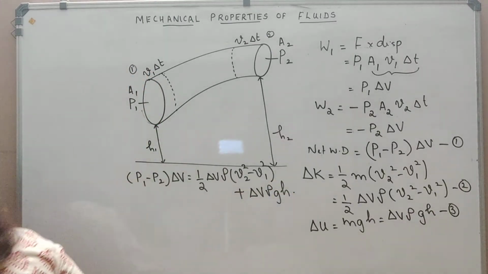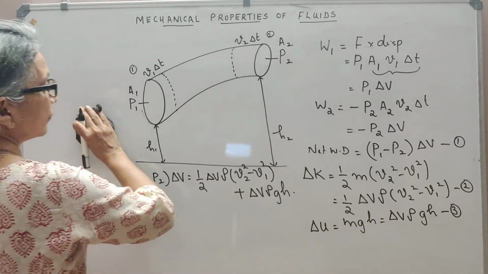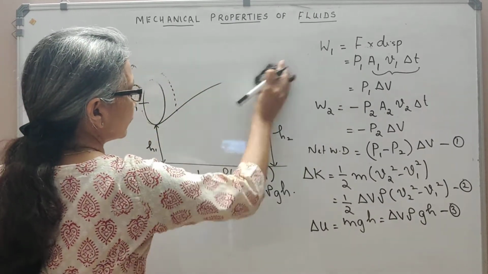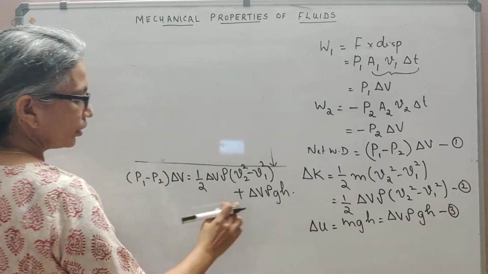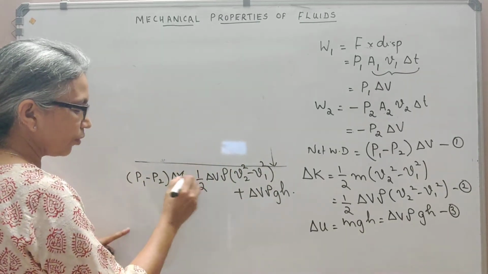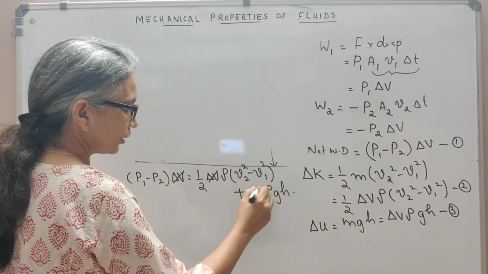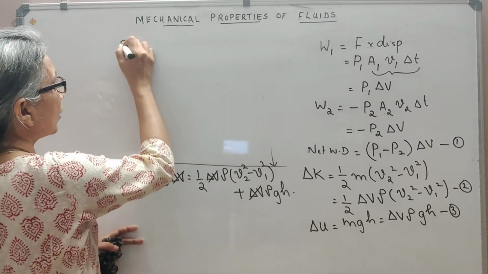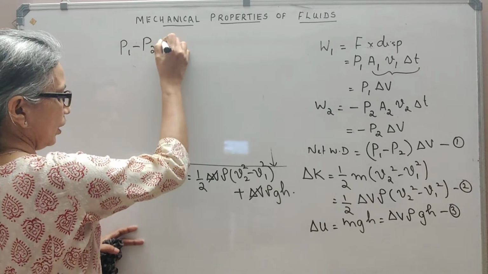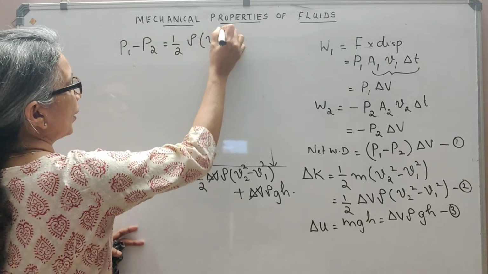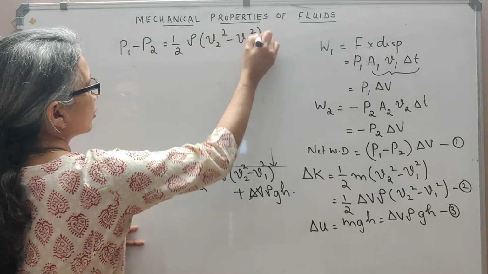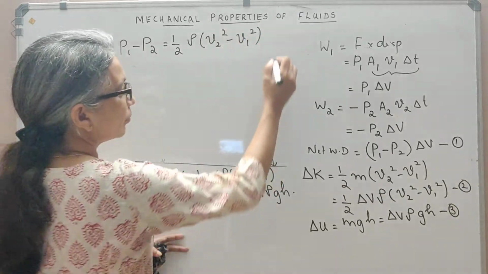So we now have, I'm going to cancel delta V, which is common everywhere, here and here. So we have P1 minus P2 equal to half rho (V2 square minus V1 square), and the last term is